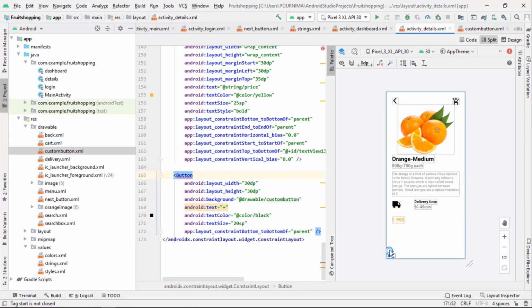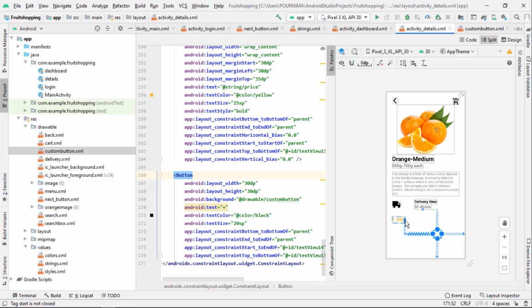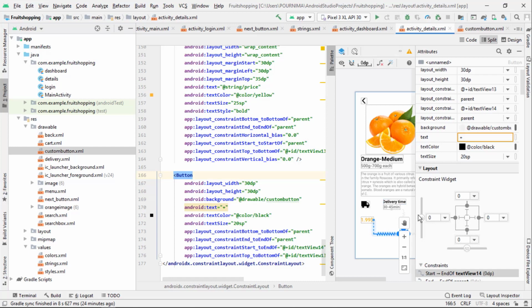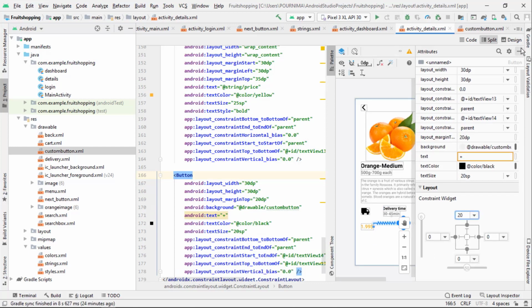So let's adjust this button. Let's add the top margin 20,